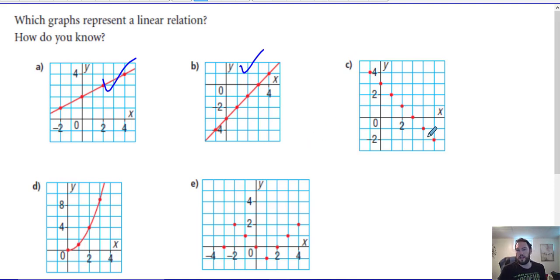Now, graph C, you might look at and say, well, that's not a line, it's just the points. And you would be right, there is no line here. But if there was a line, if we kind of imagined that I drew in an imaginary line here, what shape would that line take? Well, based on those points, the shape of that line is linear. So, yep, this is a linear relation. So even though the points aren't attached like they were in graphs A and B, it still forms a line,